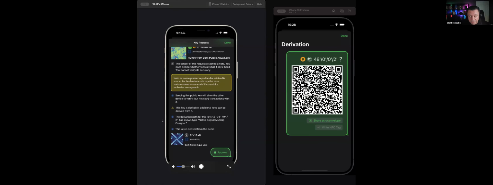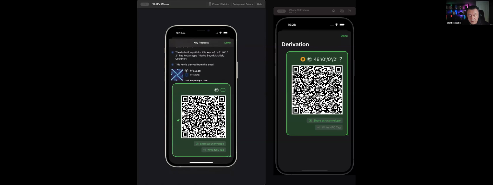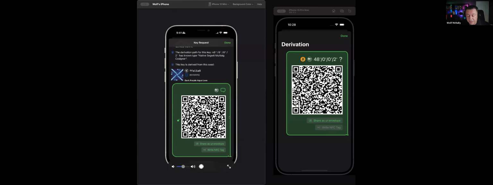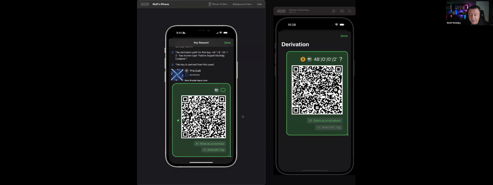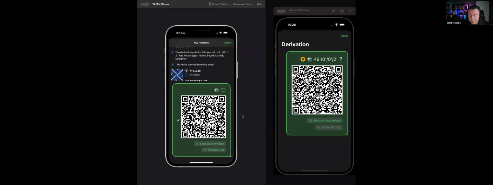It tells you the derivation path again, and the seed that's going to be used, and it asks you if you want to approve this. When you approve, you get another animating QR code, which is the answer to this, the actual key that's been derived. I'm not going to read this again because Seed Tool doesn't read keys. It only reads seeds. But any other wallet that wanted this key at this point